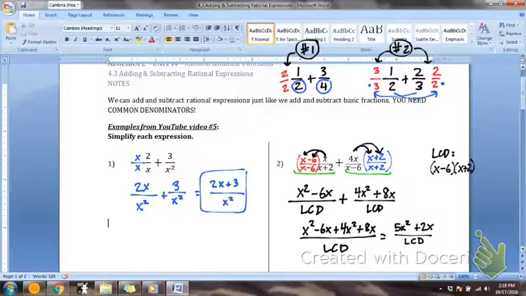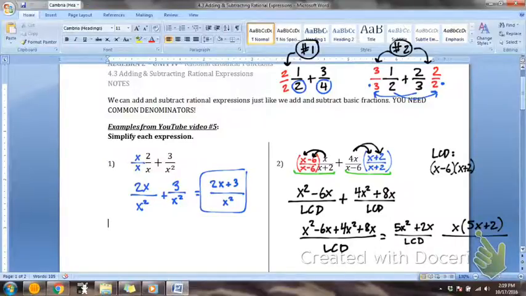Do you see how annoying it would be to have to write x minus 6 and x plus 2 every time? We have that LCD. That's why we use LCD instead. Okay, now before we go forward, it doesn't look like it can combine anything else. Is there anything in common between 5x squared and 2x? What do they have in common? They have an x in common. So I'm going to put an x outside, which leaves me with 5x plus 2, because we're always trying to simplify. And now, instead of writing LCD,